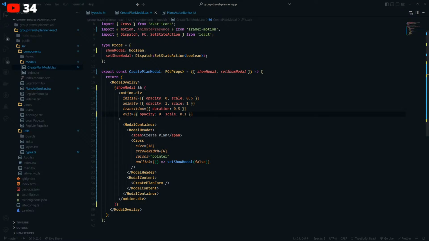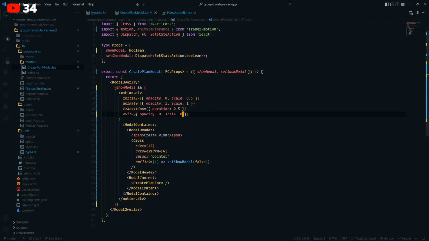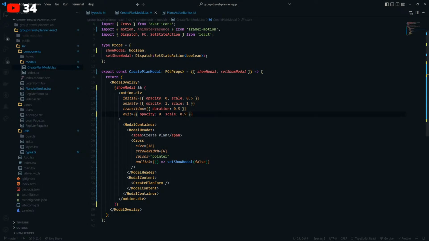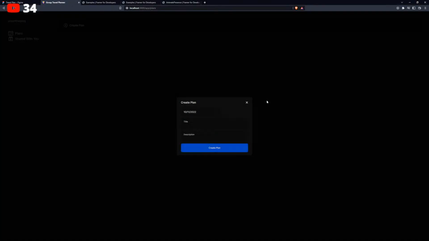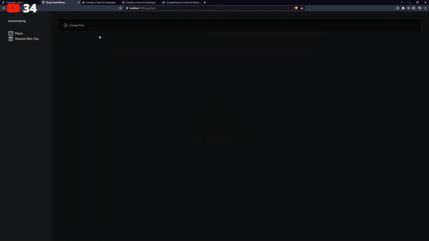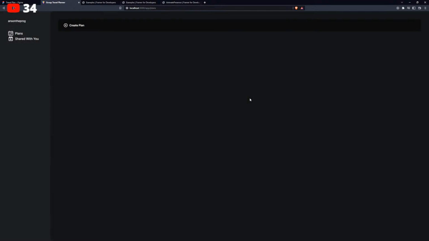Now what if I change the scale to, let's see, yeah, let's change the scale to 0. Because let's say, for example, if I did 0.9, it's not going to animate that much, right? It depends on what you like. If you want just a scale of 1, obviously that's not going to really do anything. But if you set it to 0, then it'll completely minimize like that.